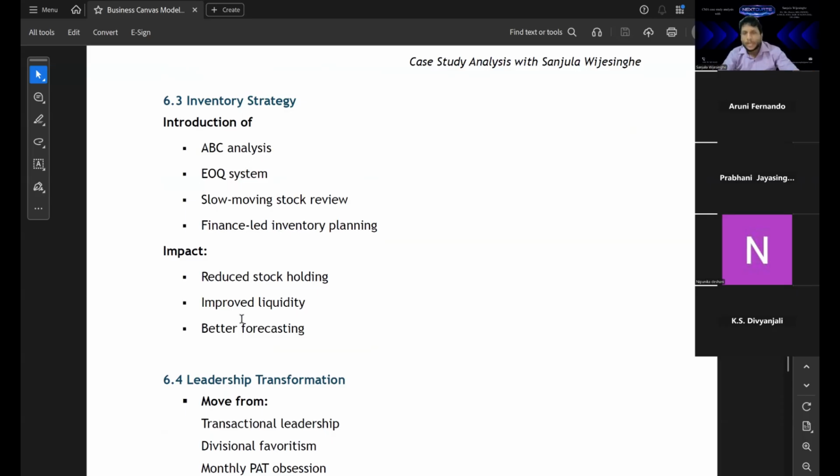By doing this, you can get this. That is the purpose. You see, reduce stock holding. That means you are going to reduce your holding cost. Improved liquidity. That means you are going to reduce here also